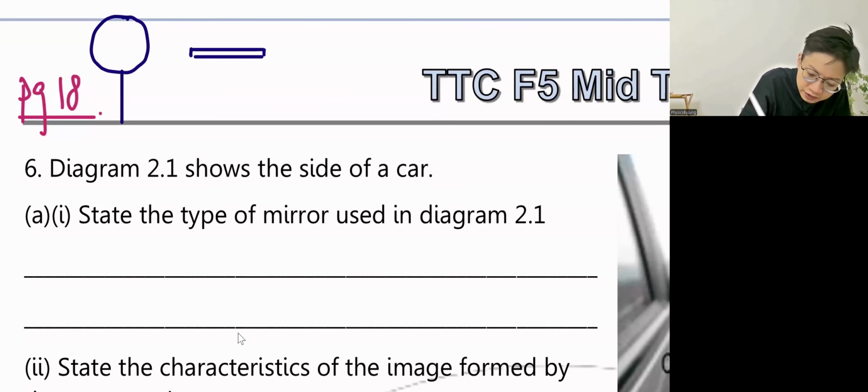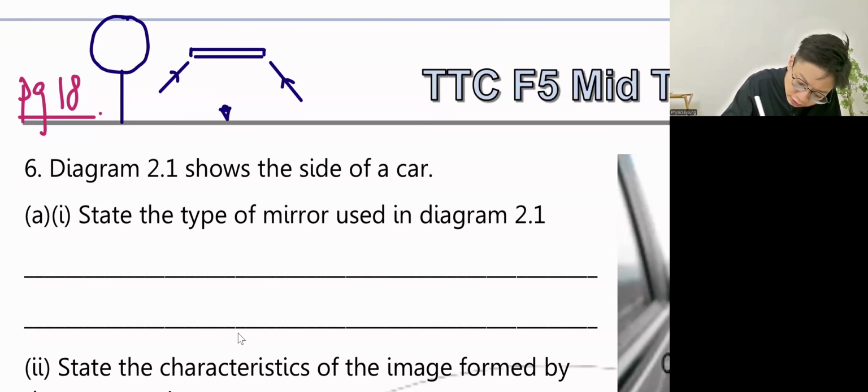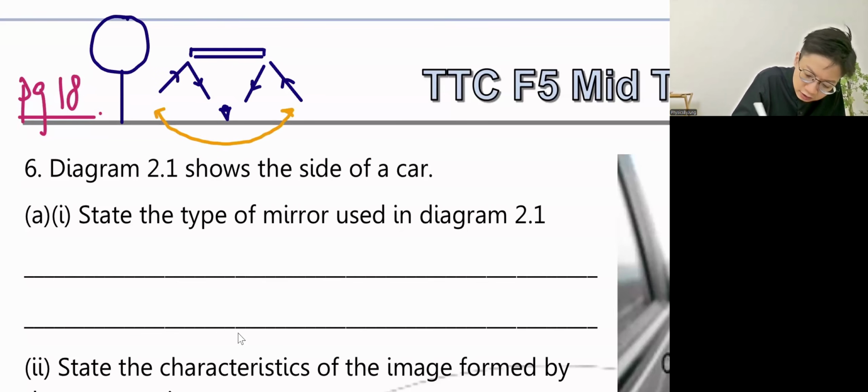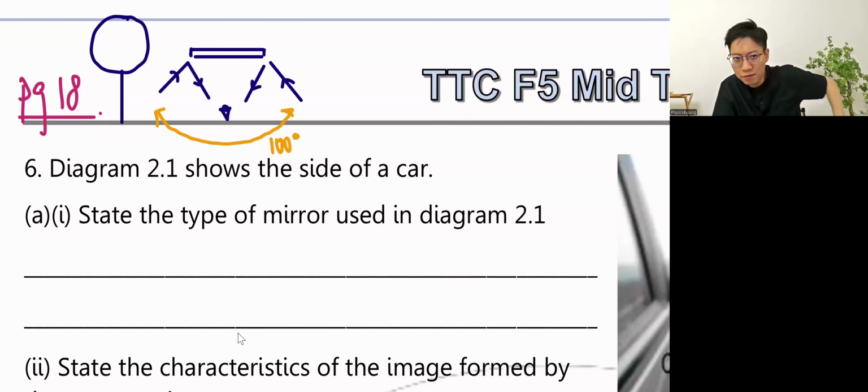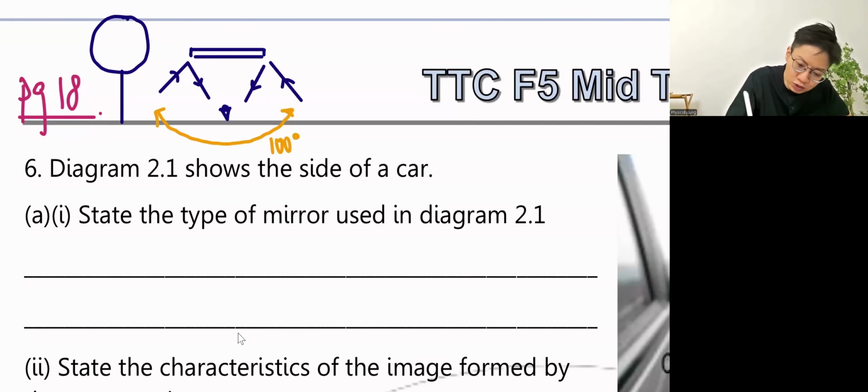Okay, because if this is a flat mirror, when you look at this mirror, the mirror will actually bounce the light back into my eyes. So what will happen is that you will see that the angle here is only about maybe 100 degrees. But if you use a convex mirror,